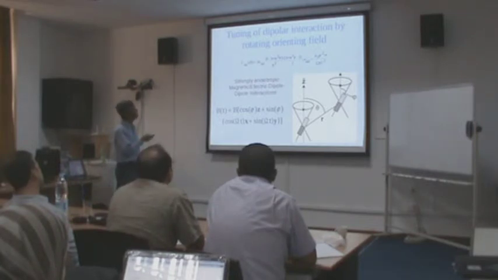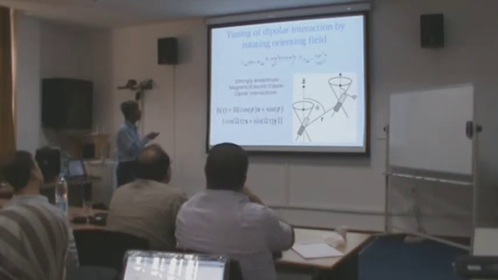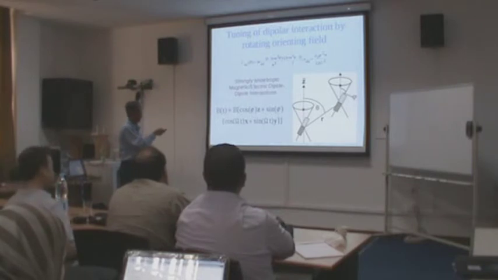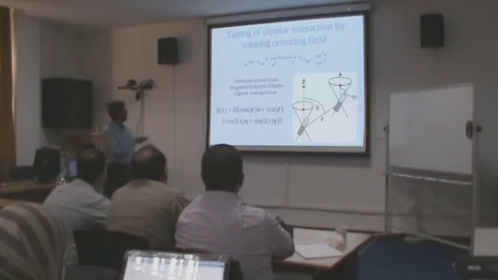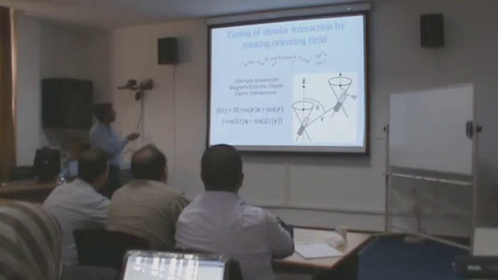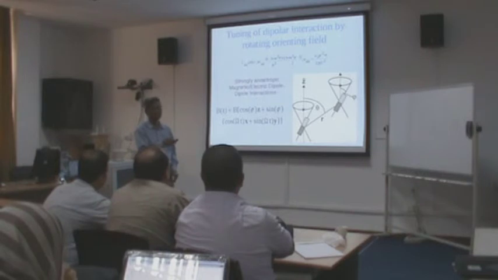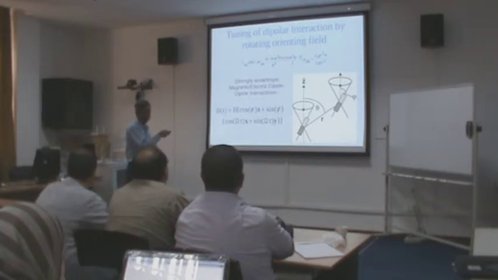So this is proportional to the magnetic moment squared times the mass. Because the mass came from multiplying it, this is h bar squared. So if the mass of the atom is heavy, then the strength of the dipolar interaction increases. This length increases, and if the magnetic moment is large, this also increases.